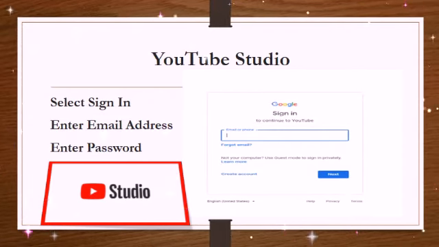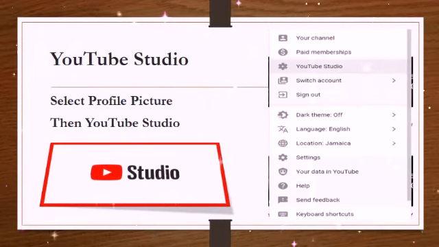What do you need to sign in? You need to sign in with your email address and your password. It is the same email address that you use to create the channel, and it's the same password that you've attached to the channel. So when you are finally in YouTube, you basically want to move to clicking or selecting